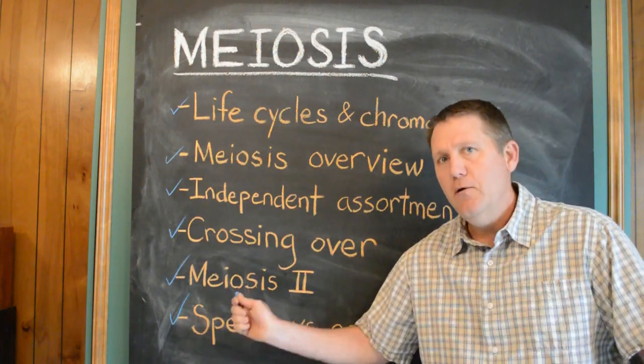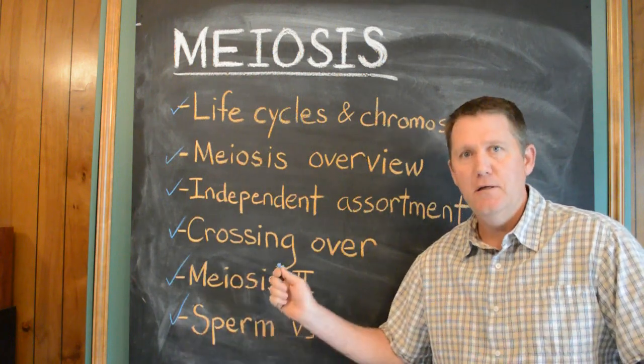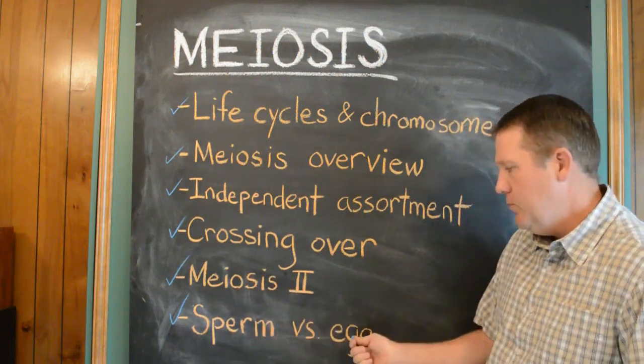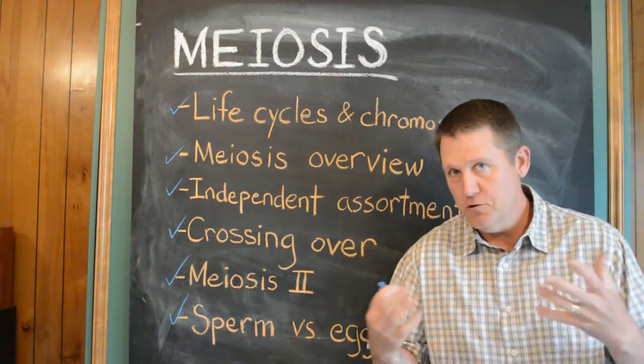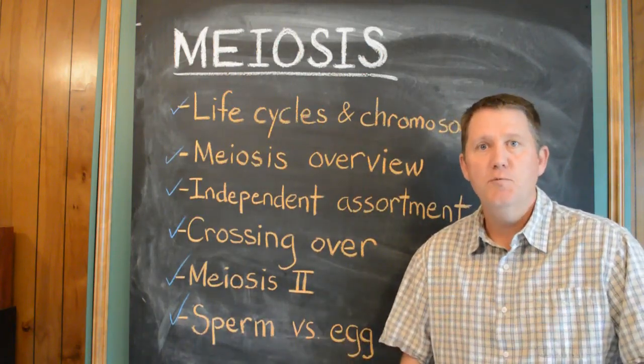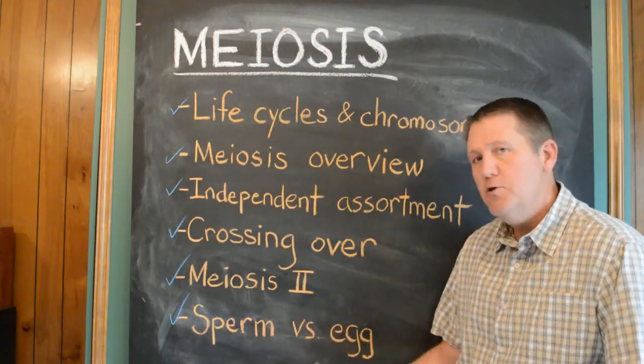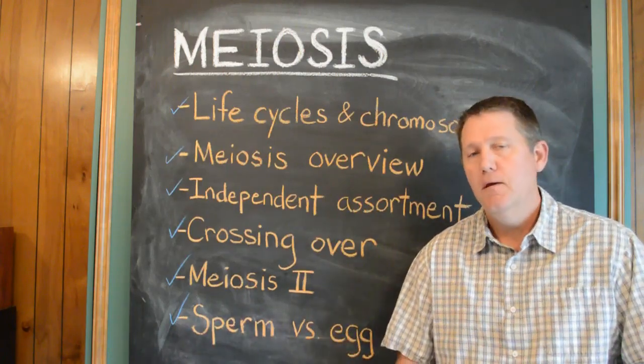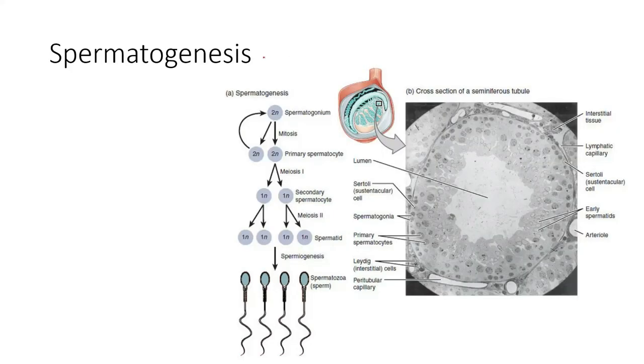Sperm production is all about quantity, making lots and lots of gametes. Egg production is a lot slower because the female's also going to be the one that carries the resulting offspring, and so not as much about quantity there. Let's take a look. Sperm production, or spermatogenesis, obviously happens in the testes of males, and each testis is composed